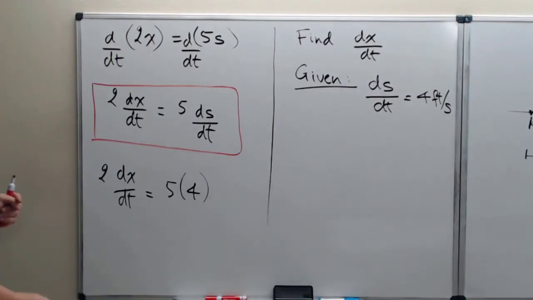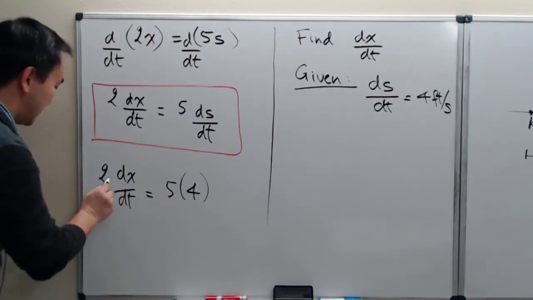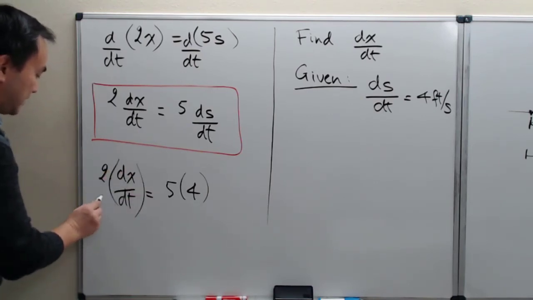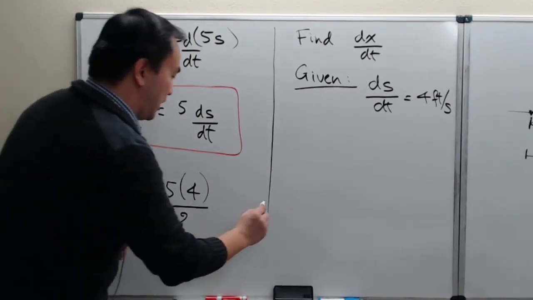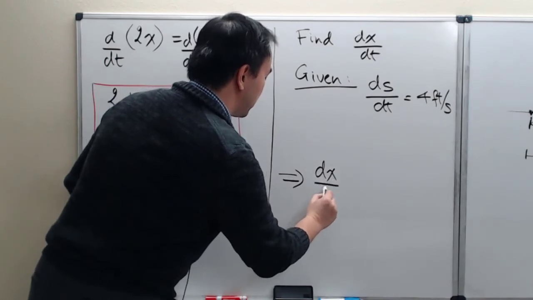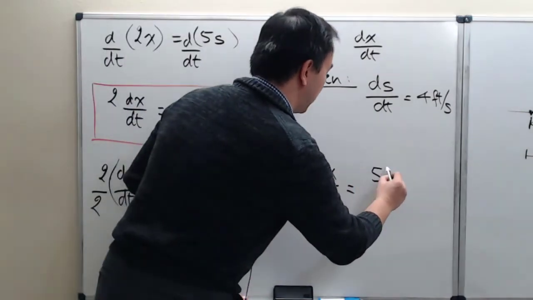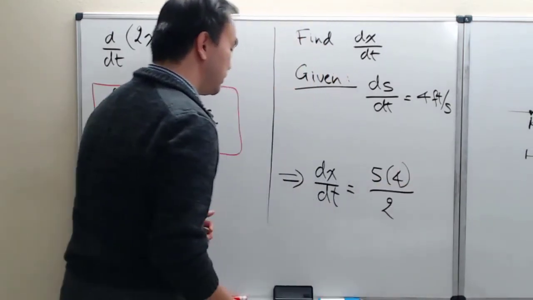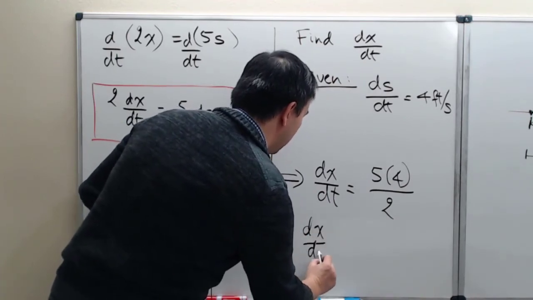Now solving for dx/dt is just a matter of, it's a product between 2 and dx/dt. So to solve for dx/dt, we simply divide both sides by 2. And so our final rate of change for dx/dt is calculated by 5 times 4 divided by 2. And that gives me the final dx/dt